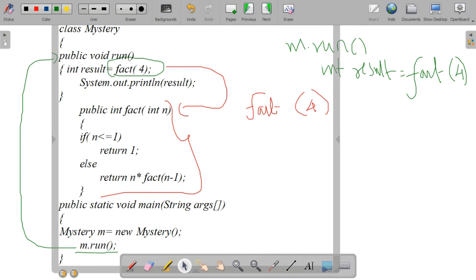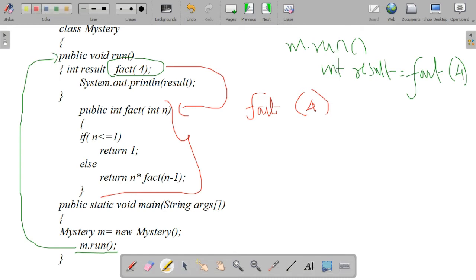It will stop the execution of the run method, and it comes to the fact method, and here we are passing fact of 4, and it will check the condition n equal to 1. Or n less than or equal to 1, that is also fine. Fact of 4 is not less than or equal to 1, so it will go to the else part.